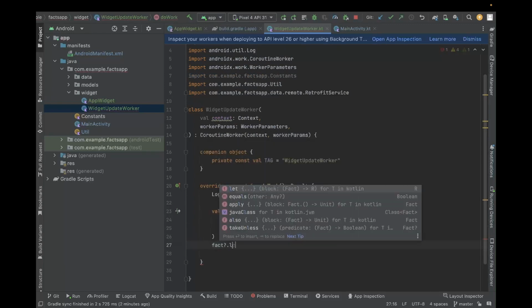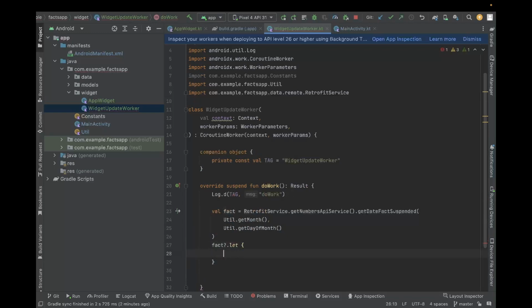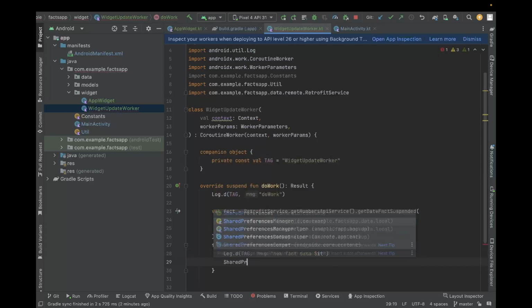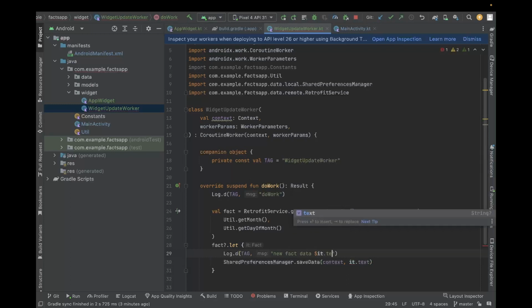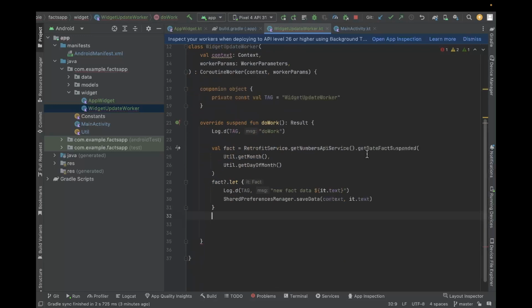And if the data is not null, we're going to save it into the database or into the... Now, one thing I'm going to do is, okay, we're just going to save the data. After we save the data, we're just going to request